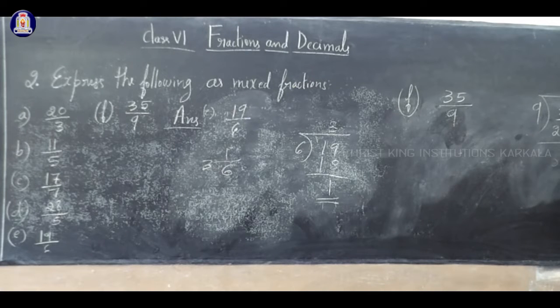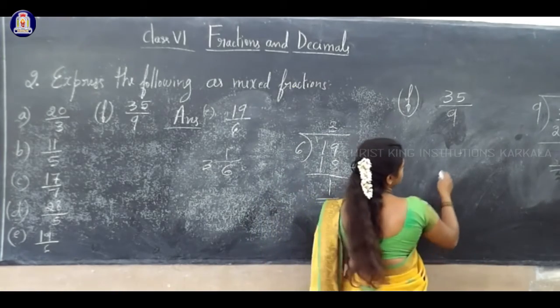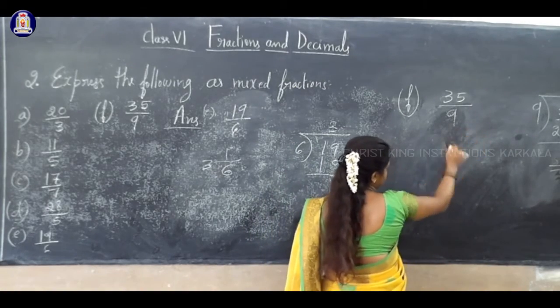So borrow 1. So you get 15. 15 minus 7 is 8. Is it correct? So what is remaining here? 2. 2 minus 2, 0. Clear? So here we get 15. From 15 if you subtract 7, 15 minus 7 is 8. So here 2 minus 2 is 0. The answer is: remainder is 8. So the quotient is 3 and 9 is the divisor.